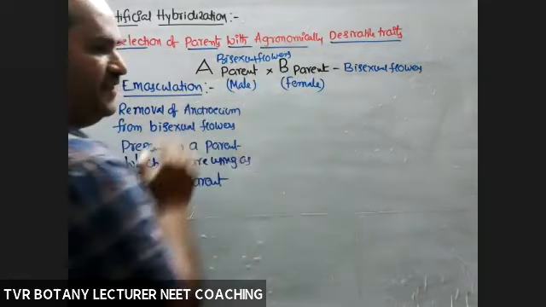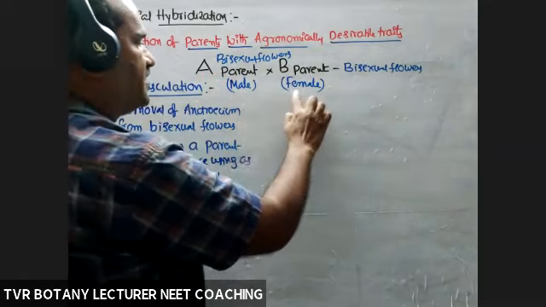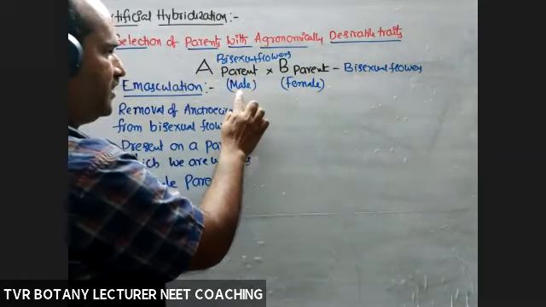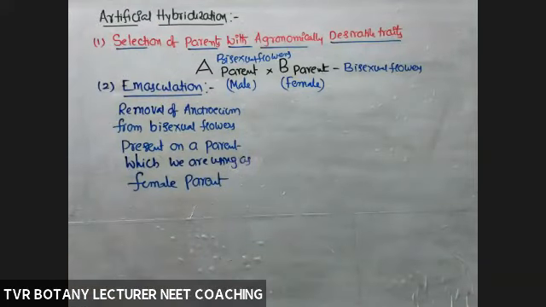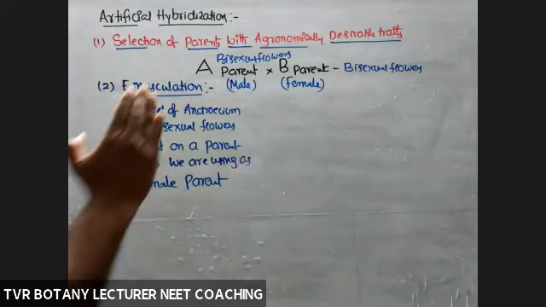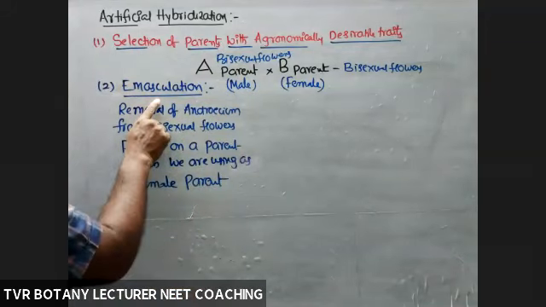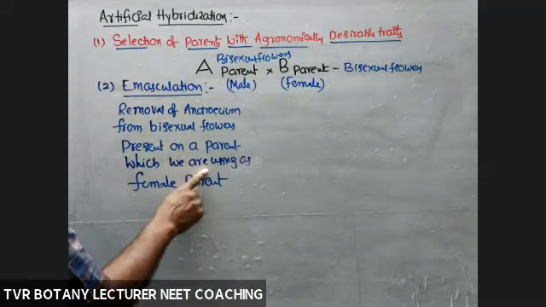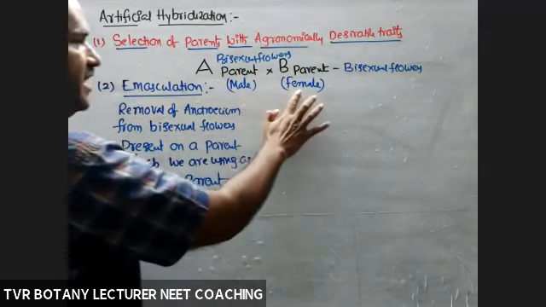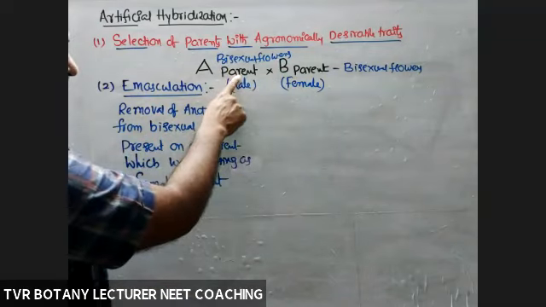Both the parents are having self-pollination. Here our objective is xenogamous type of cross-pollination. Transfer of pollen grains from A parent to B parent, but not self-pollination. We have to avoid self-pollination. So that's why emasculation is done in the bisexual flowers of a parent, which we are using as a female one. That is important. Okay, so emasculation is not required here.